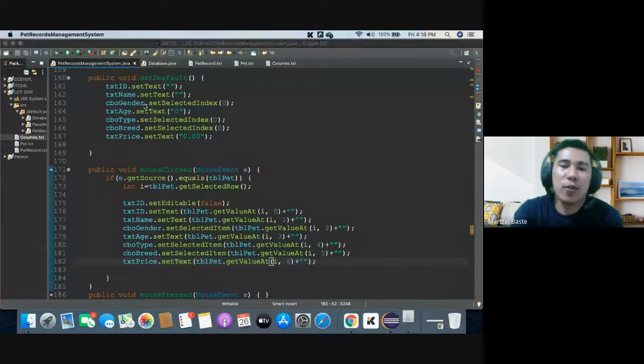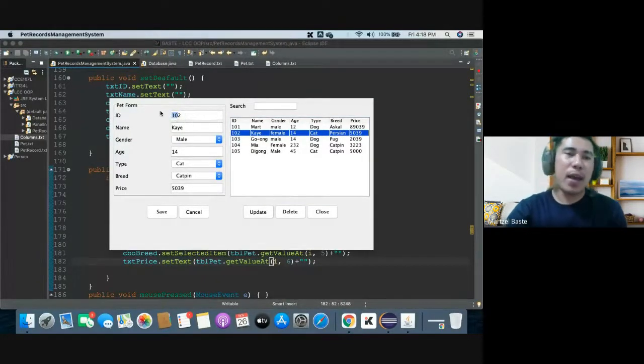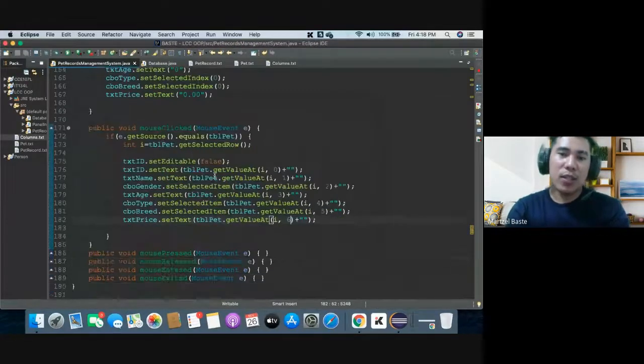Okay, so let's check kung mugana na ba siya to ang every time mag-click ta. So 101, okay. So nausab-usab na siya. Okay. So now dili na ni siya ano ang ID, so dili na pwede nimo ma-edit, no? So that's something na dili na to i-allow for the user na ma-edit niya ang record. So ma-edit lang ni dire kanilang mga name, gender. So para ma-edit nato na siya kay okay naman adto ta sa